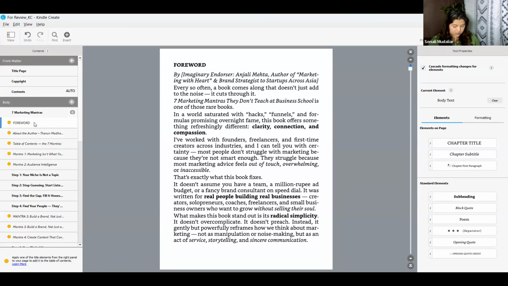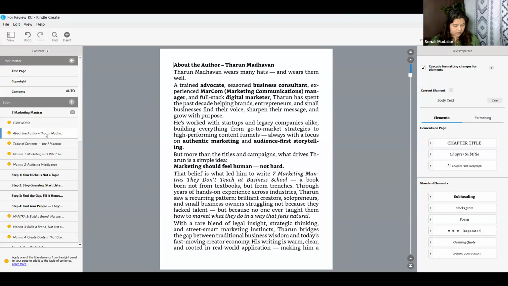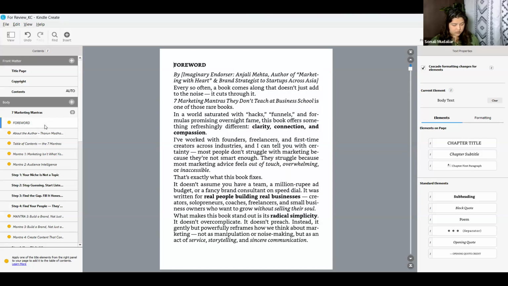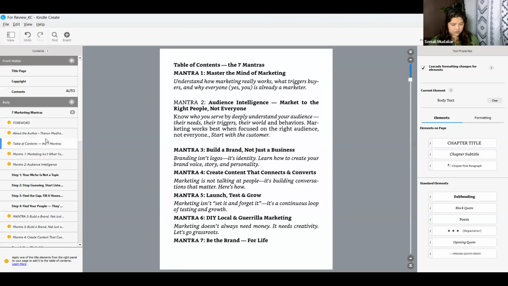Just checking. It's not giving me a right click. I don't know why. Give me 1 second.